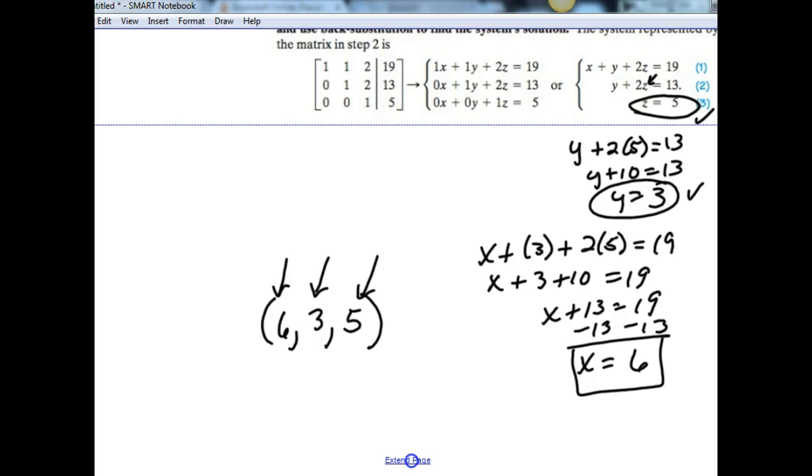I know it's a long process. These problems take a while to actually do, and you have to know your math pretty well to be able to do these. But this is a method, and of